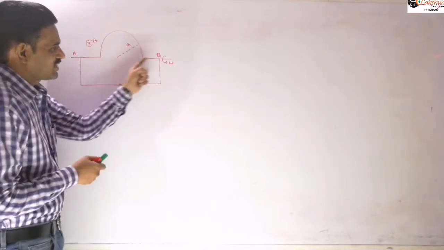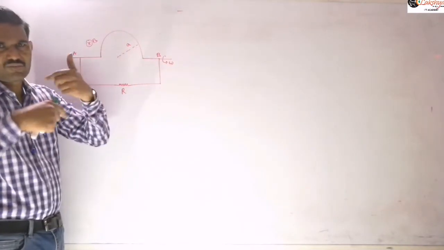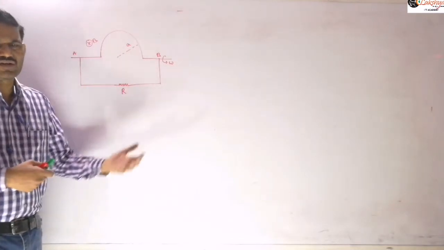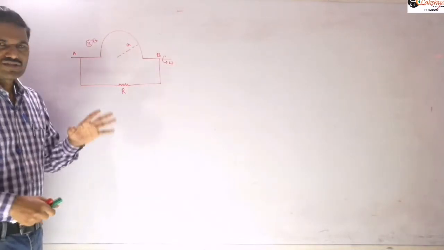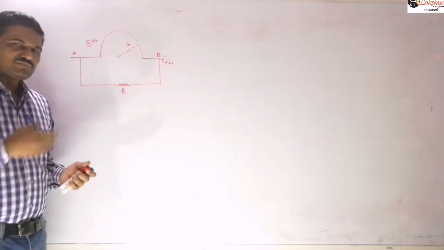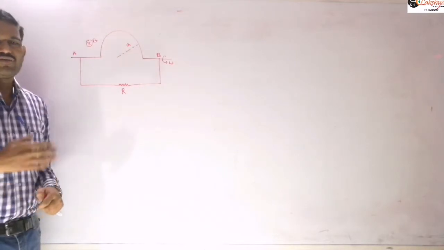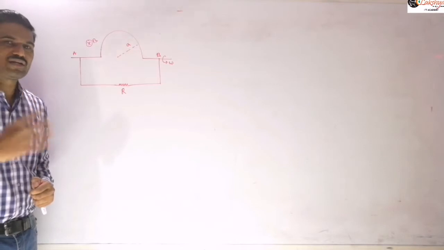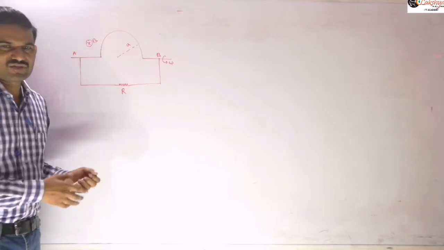Now this is nothing but you can take it as a diameter, right? Now it is revolving about its diameter here. It may be a circle or a complete circle or a full circle. So it is rotating about its diameter. When it is rotating about diameter, we already discussed that an alternating voltage will be produced there. So the same thing we need to write here.